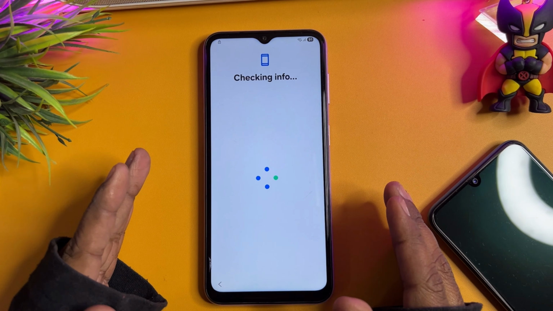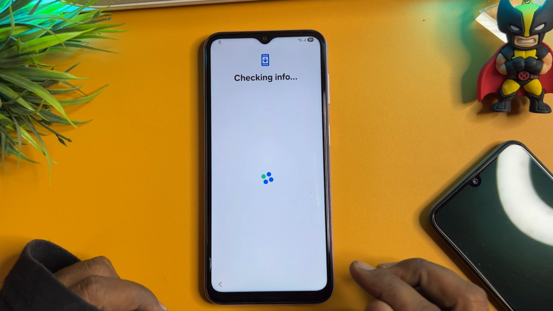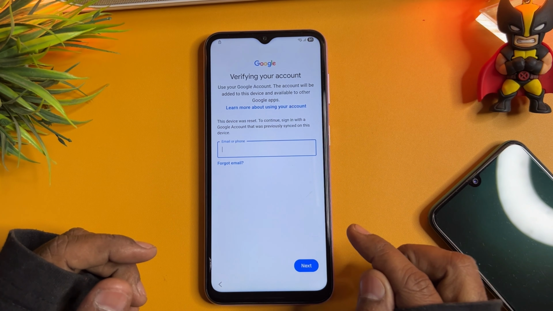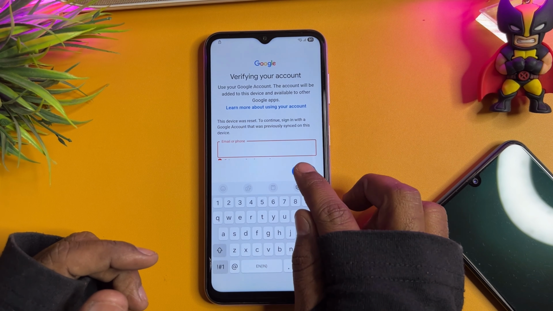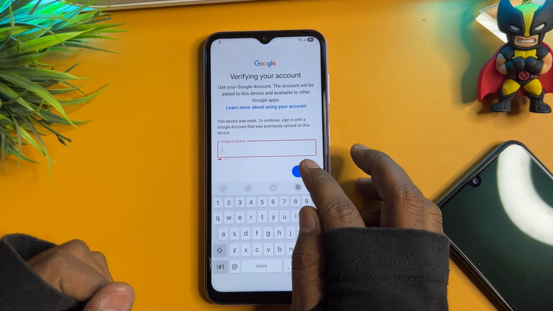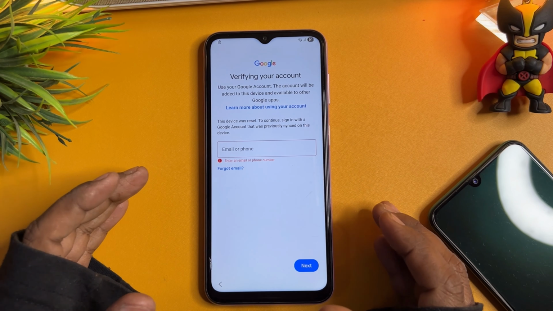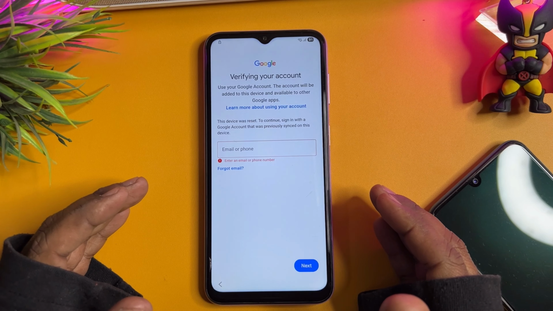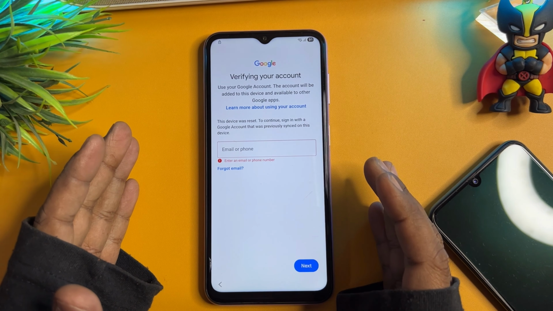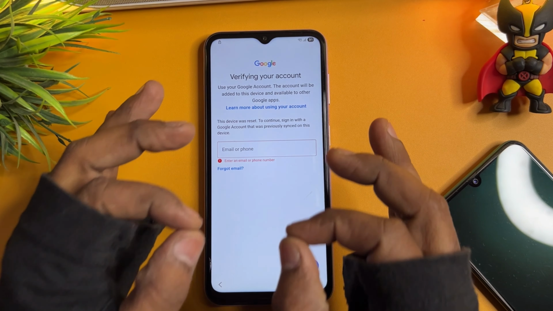If you have any Samsung smartphone that is stuck when you configure it after a hard reset, and you forgot your Gmail ID account details and don't know your actual Gmail ID, in this video I will show you how to configure it without using the Gmail ID account details. If you forgot your Gmail ID, I will show you how to unlock your smartphone using this amazing service center offline method. In just 5 minutes you can unlock all kinds of Samsung Android smartphones, within 5 to 10 minutes,